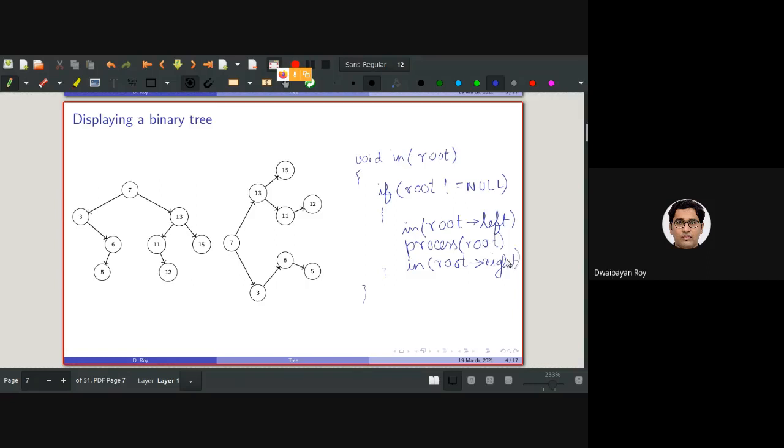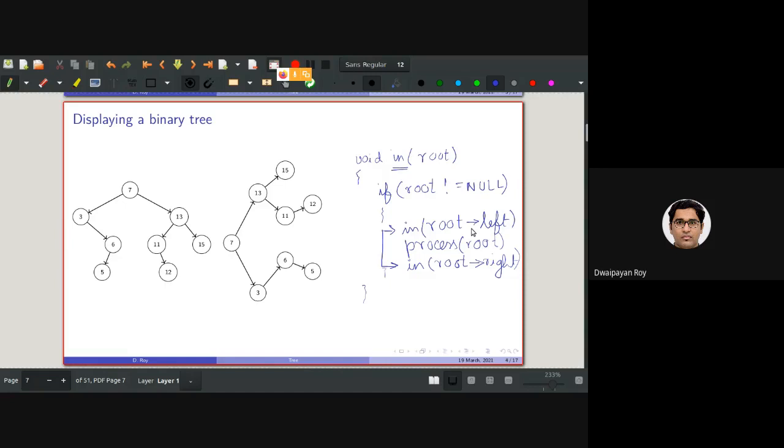Shashank, I guess you are saying, yes, sir. But in this case, I think we have to first traverse the right, right? No, no, because we are going from RTL. Exactly. So I'm just saying it is an in-order variant. What we need to change here is we need to interchange these two orders. First we need to traverse the right subtree, then we need to process the root, and then we need to traverse the left subtree. Right? Everyone with me?